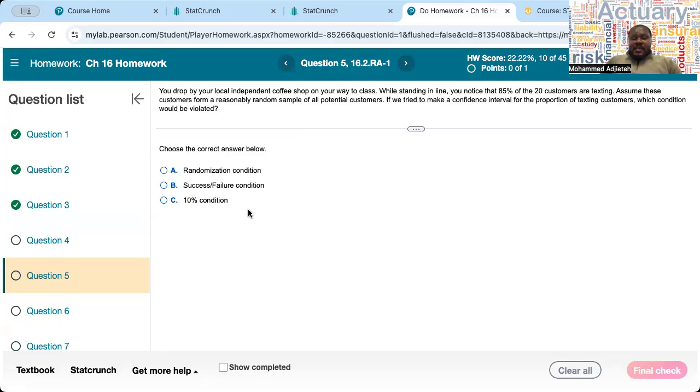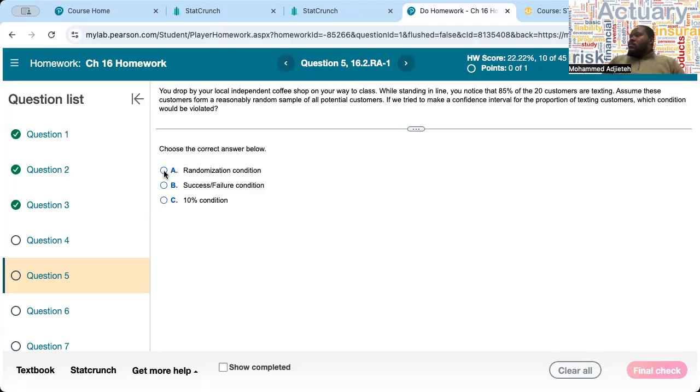We can see that the 10% condition has not been violated because we have been told to assume that these customers form a reasonable random sample. Does that make sense? You have been told that in the problem. So the 10% condition has not been violated. You have also been told that it forms a reasonable random sample, so randomization is also okay. Does that make sense? Now, how do we